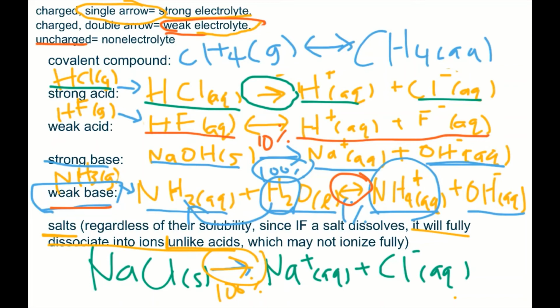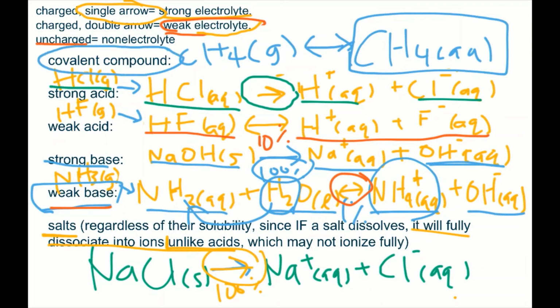So CH4 aqueous obviously will not produce any ions, since it is neither a base nor an acid nor a salt. So since in water CH4 just remains CH4 in its aqueous form and it's uncharged, we call covalent compounds that dissolve in water non-electrolytes 99.9% of the time. So let's do a brief recap of everything. Covalent compounds are 99.9% of the time